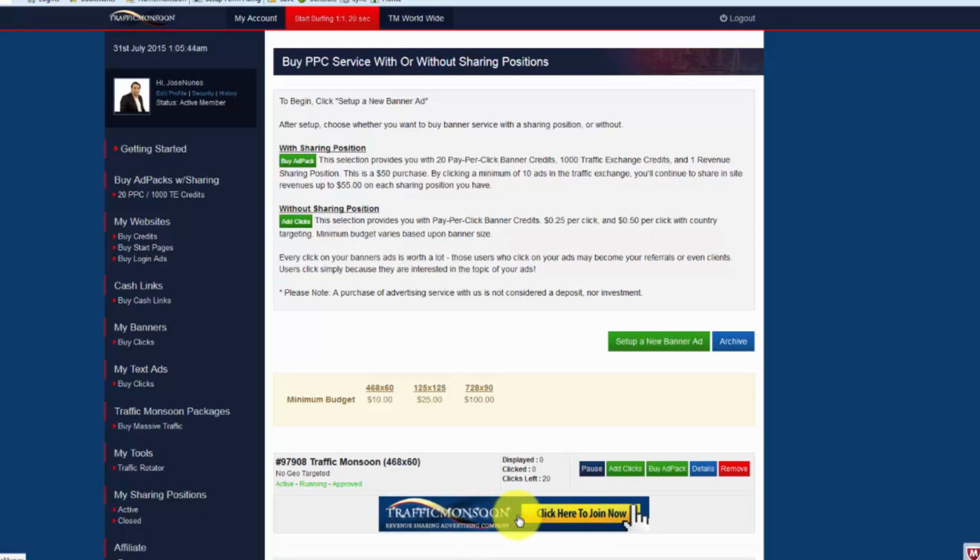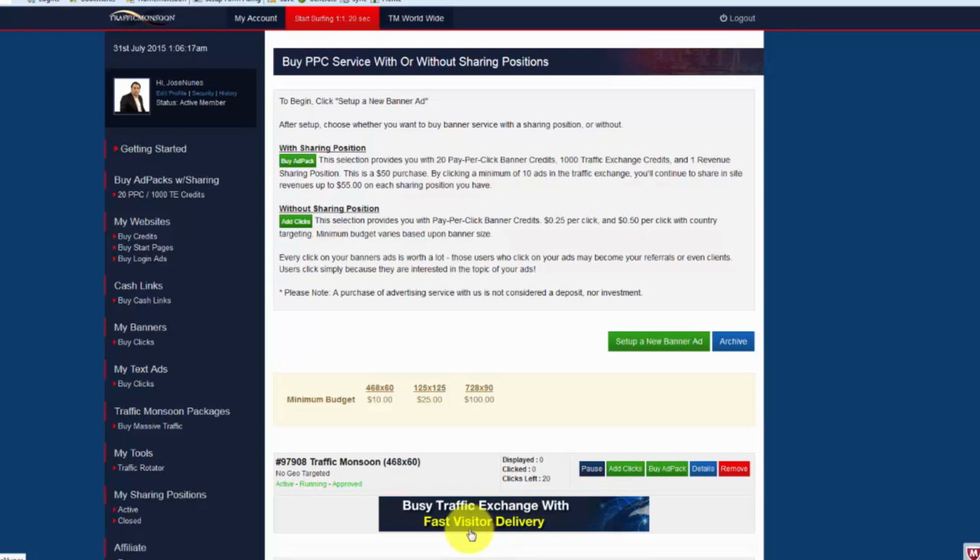Now, the good thing about advertising, although it might sound strange, it looked strange to me as well when I first joined: why are people advertising Traffic Monsoon on Traffic Monsoon? Well, the reason is that Traffic Monsoon actually advertises on other websites and broader sites, and that allows you to build your referrals. They also help you in getting referrals. So if you have problems getting referrals, the system pretty much has everything in place, and my position here is to help you do even better.